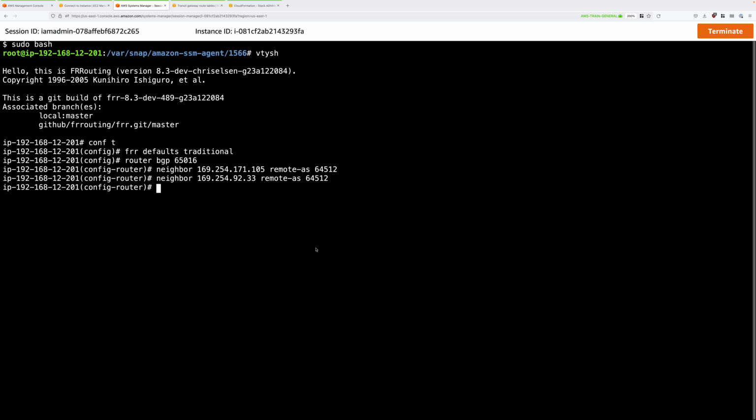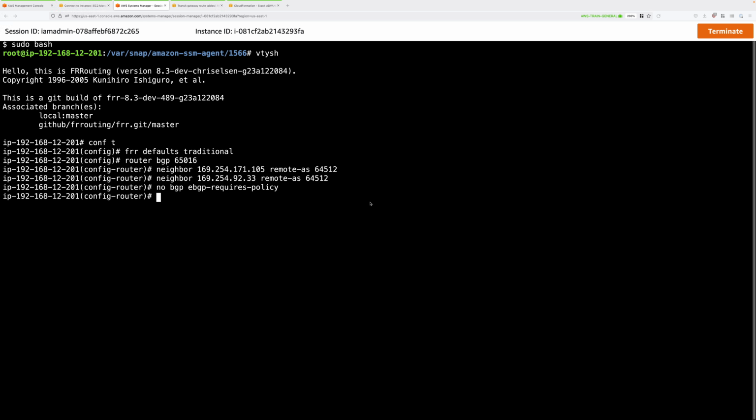So press enter. Next, we're going to use this command, which is just a configuration option that's required to make our instance of BGP work with AWS. So just paste that in and press enter. What this does exactly is beyond the scope of this demo series. It's something that we would cover at an advanced specialty level. For now, just type that in and press enter.